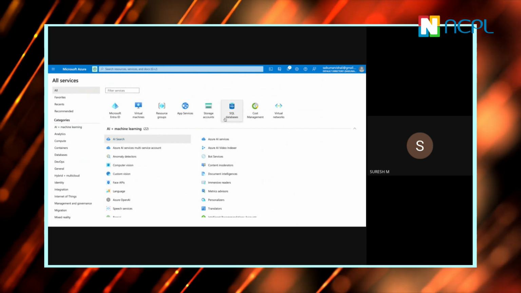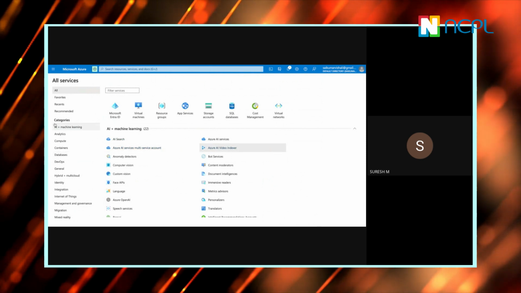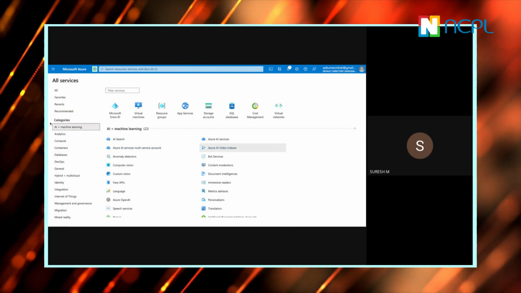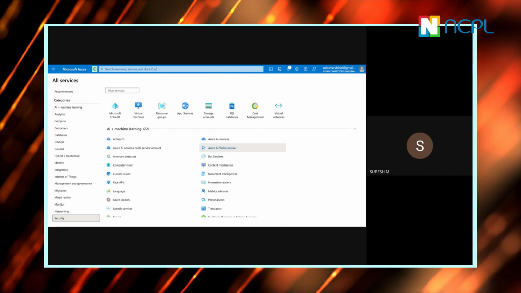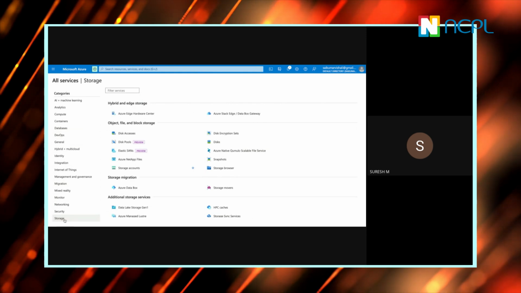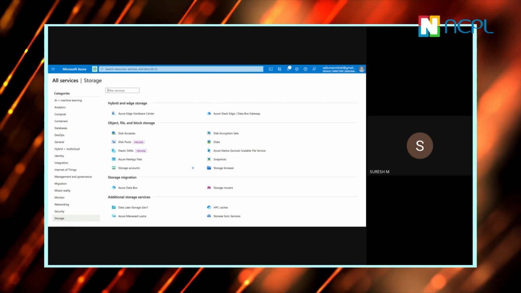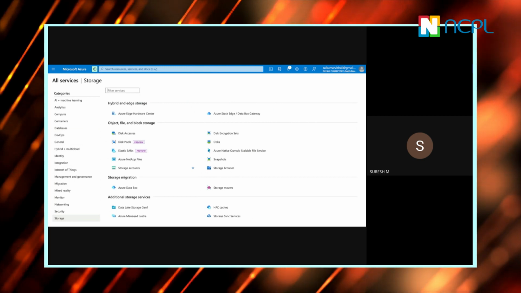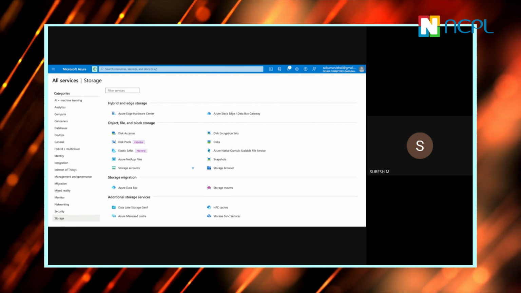On the left hand side, only categories. Scroll it up. Scroll a little down. Come down, even more. Yes, click on that storage. If you see storage, storage is just an ocean in your Azure, and we are more concerned about only one part, that's the storage account.